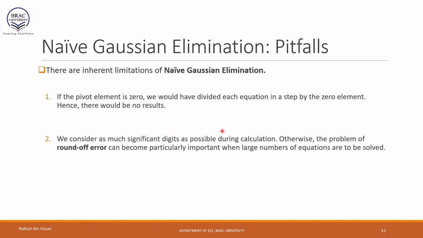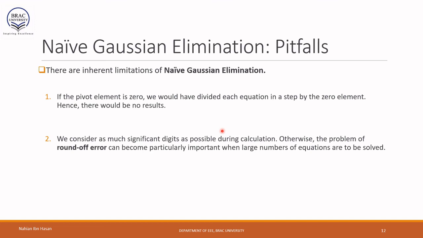I hope you all understand how the naive Gaussian elimination method works out. But there are some pitfalls of this naive approach. If you remember, in each of the cases, whenever we eliminated the first column, second column in the first step, that means the elimination step, we said that the first coefficient was denoted as the pivot coefficient, and in each of the calculations